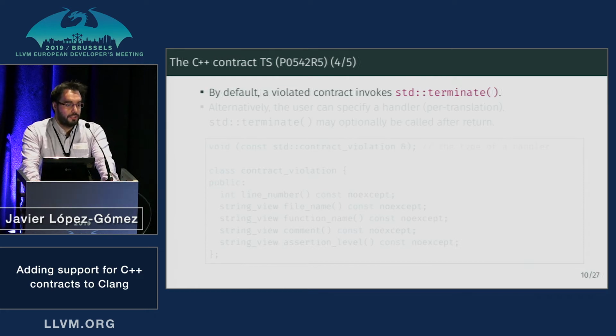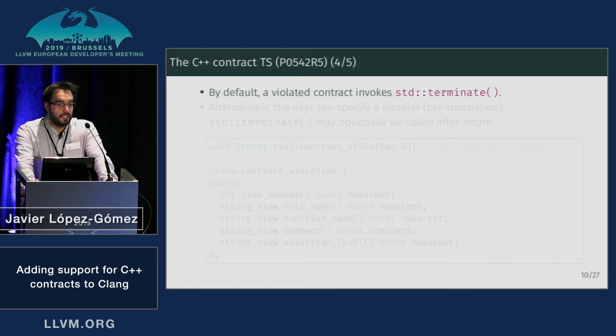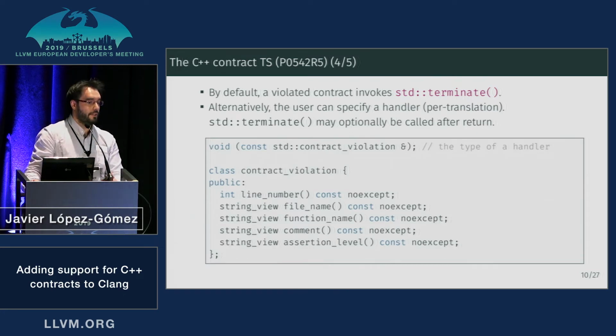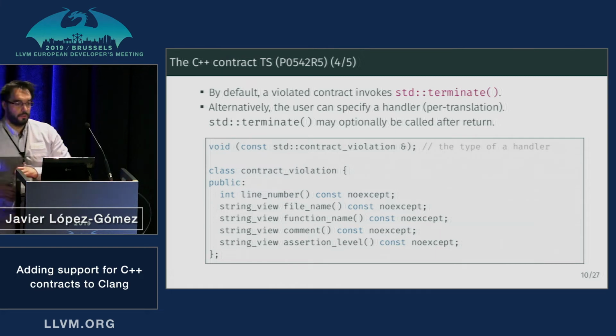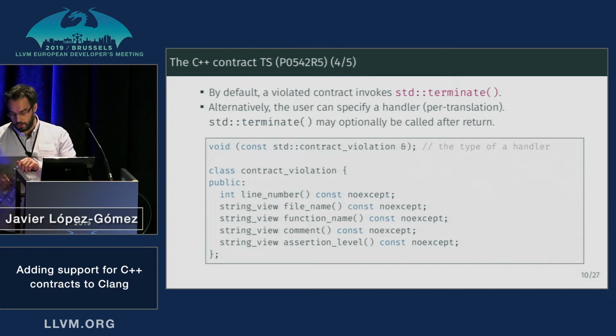What happens when you violate a contract? Say you have written a precondition and it is not met at a given point. By default, the emitted code will invoke the std terminate function. But you can also specify a customized handler. This is to be used for easing